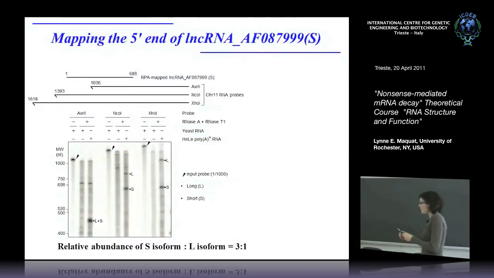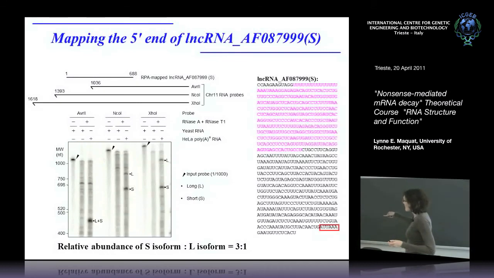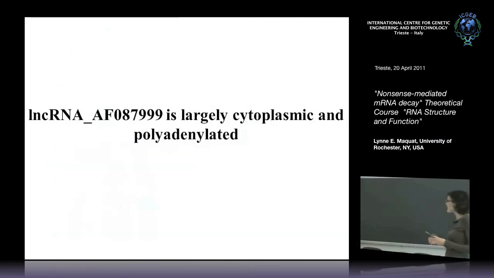So the first thing he had to do was to take the long non-coding RNA and clone its gene, so he could manipulate it. And to just summarize, by RNase mapping and RT-PCR, there is a long and a short form. The short form is slightly more abundant. This is the short form. It is exactly 688 nucleotides. The pink region is the ALU element, and this is the polyA signal. It is polyadenylated, and he showed that it is largely cytoplasmic,